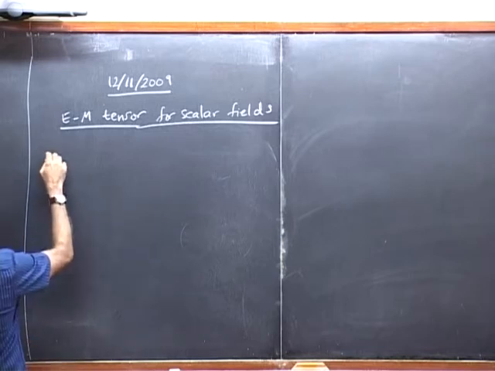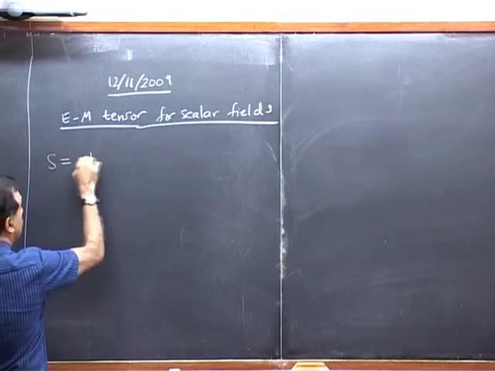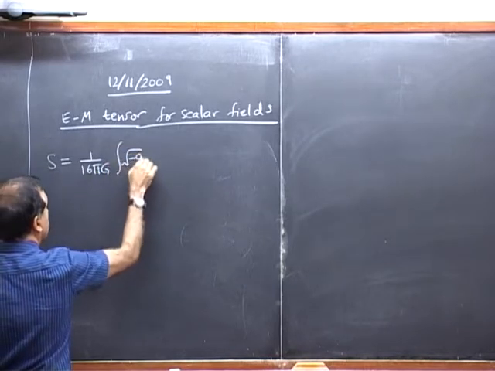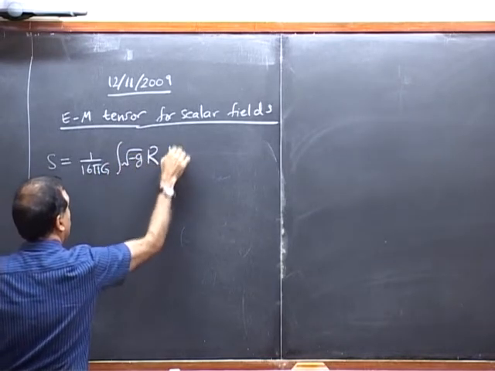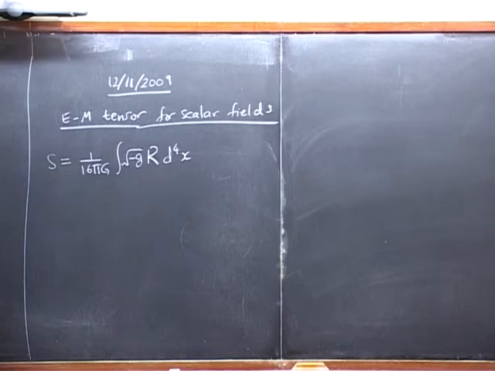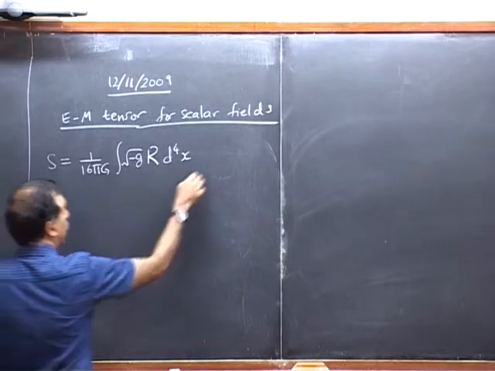So the basic idea here is that we take a field theory action, which is 1 over 16 pi G integral root minus det g R d^4x. This I think already differs by a minus sign from what I had before. This is the correct sign, I believe. My signs, I think, are all compatible with Sean Carroll's book. Okay. Now to this, we add